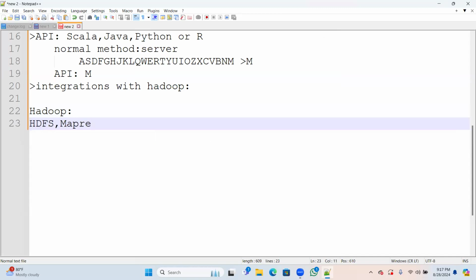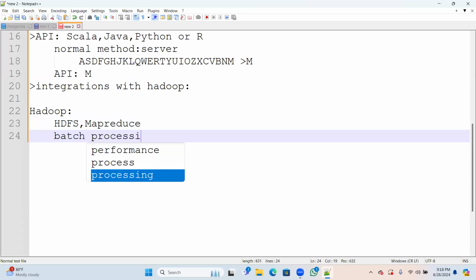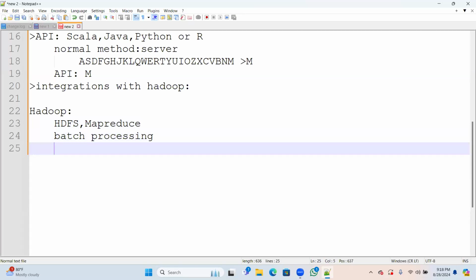Generally these two will drive this entire Hadoop, and we can do batch processing, right? And what else we can do?